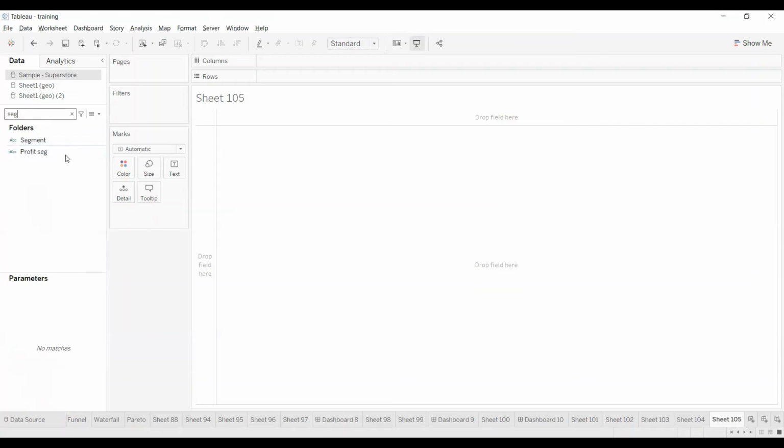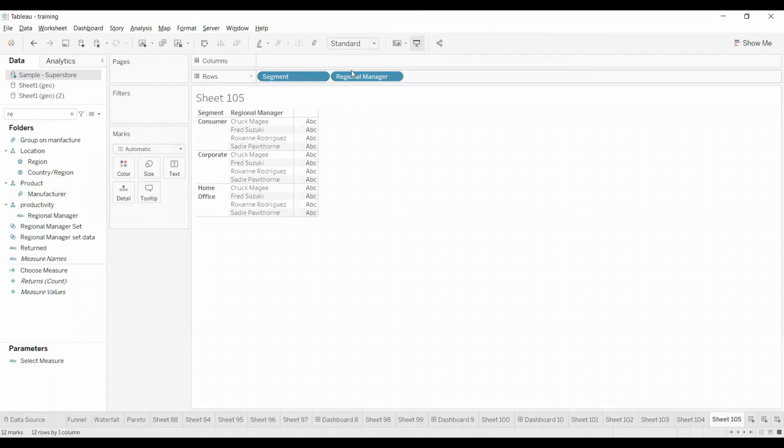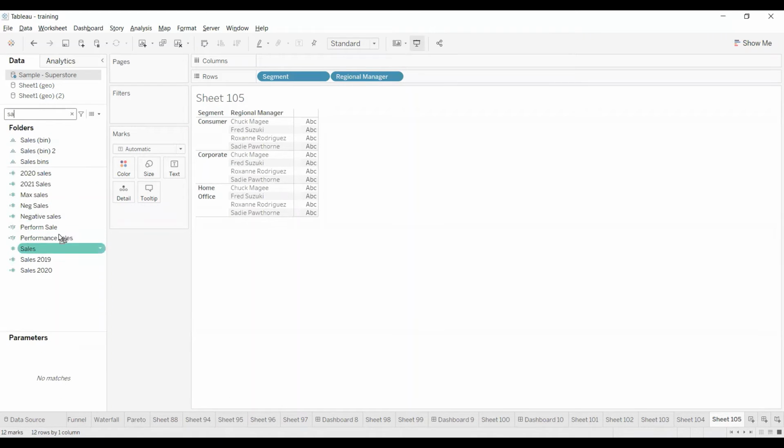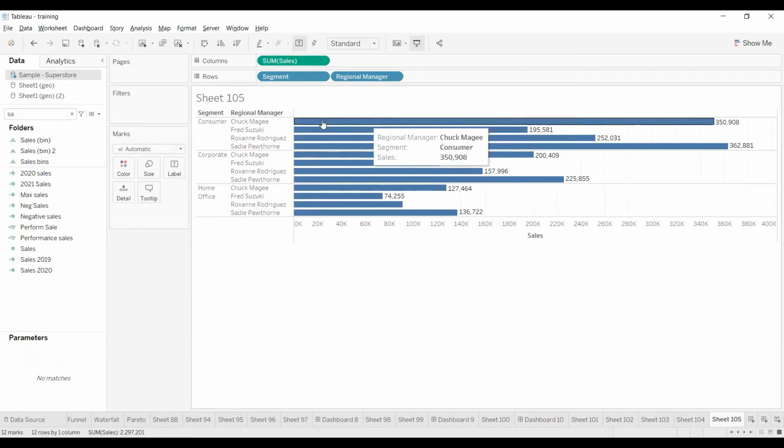I have segment. I would like to see segment wise, region manager wise sales. So I drag and drop here, and I'm going to put sales onto the columns. I'm going to enable label. So for segment wise, region manager wise, I got the sales.